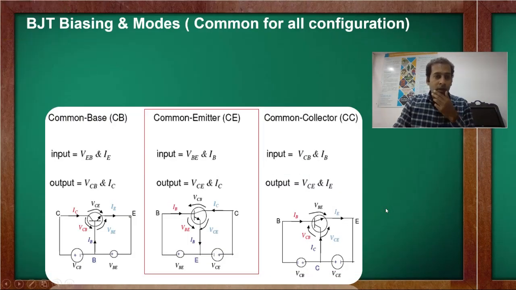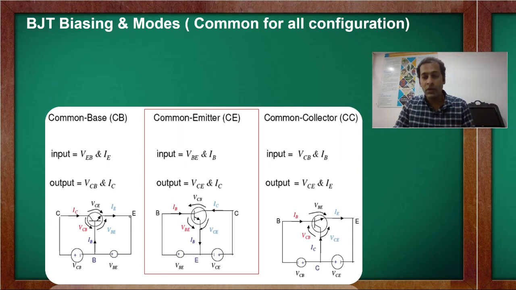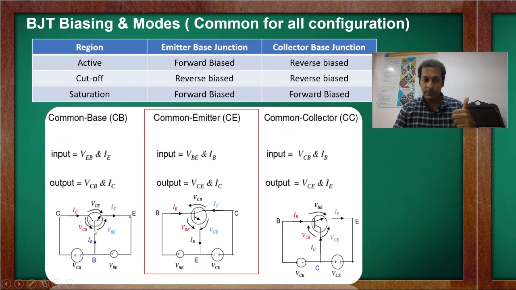Then next, we have to remember one more thing. Common emitter is not the only configuration. We have three terminals for the transistor: base, emitter, and collector. We can make any one terminal common. So in the first example, we can make the base common, common base. Here base is common, and here we can see emitter is common, like the previous session. And the most commonly used configuration is common emitter. The most commonly used transistor is NPN. NPN transistor with common emitter configuration is most commonly used.